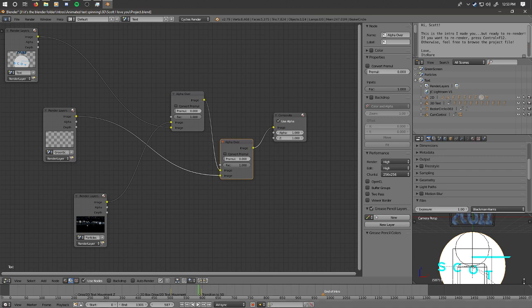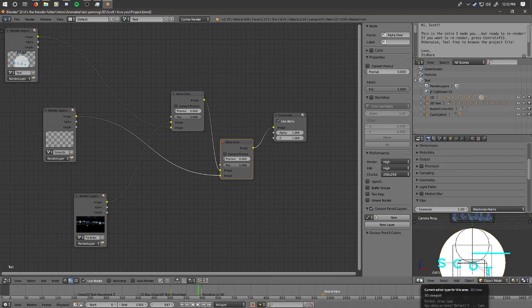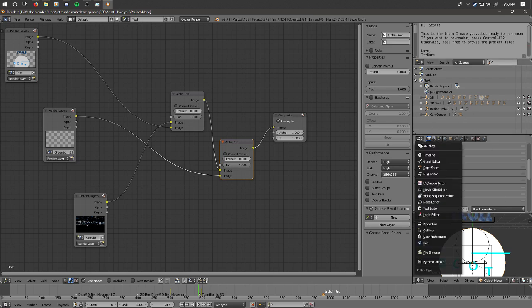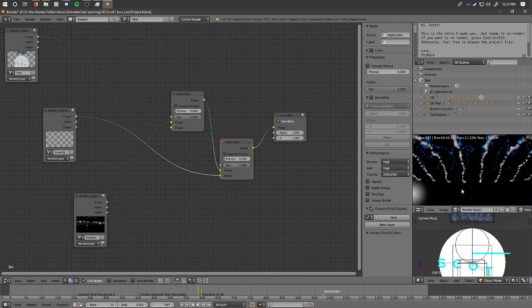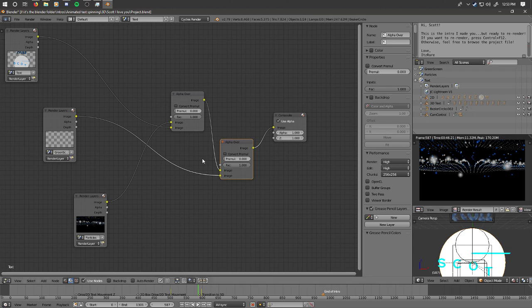Actually, I'm going to temporarily switch this to our UV image editor. Compositing. There we go. Oh my goodness.